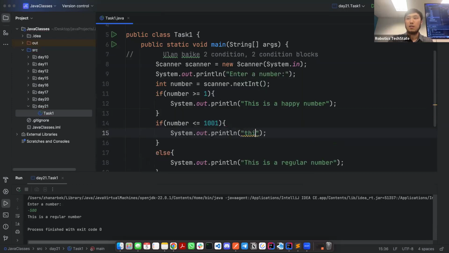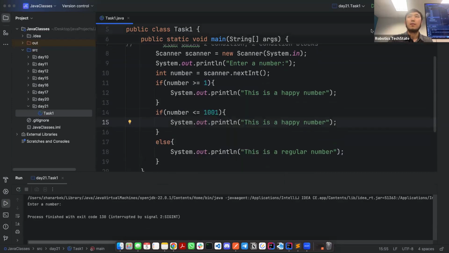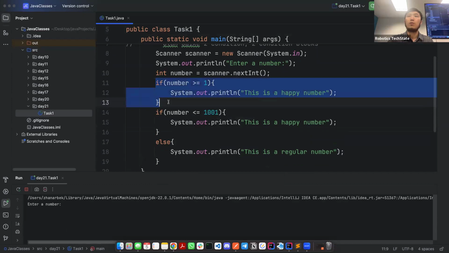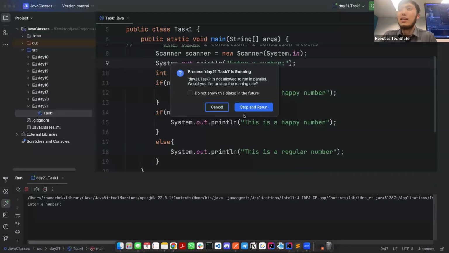And then this is a happy number. Do you agree that this one will work for all cases also? Yeah, because here, this one for, all right. But guys, as you say yes,